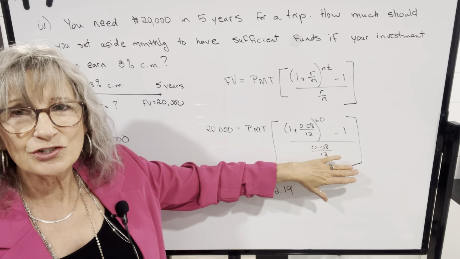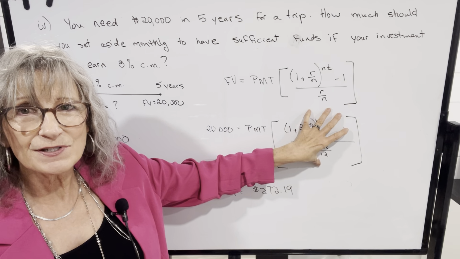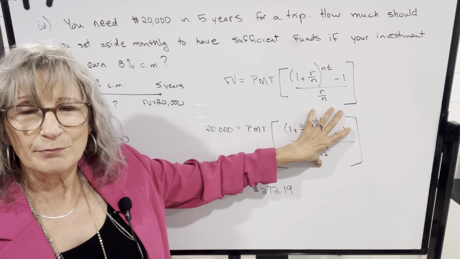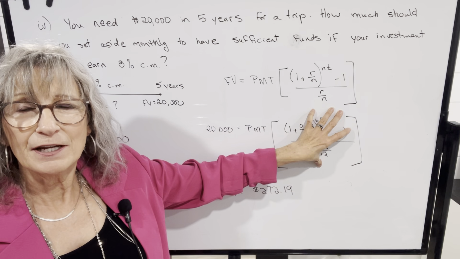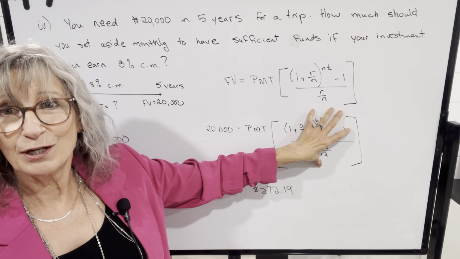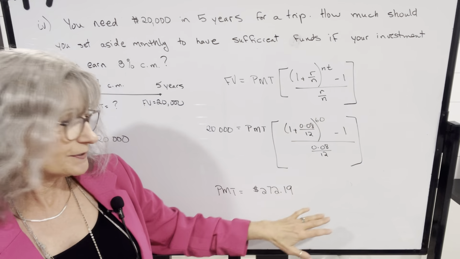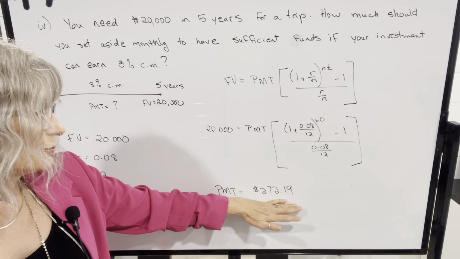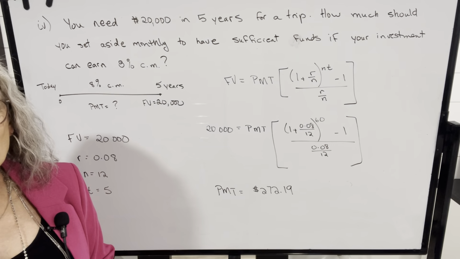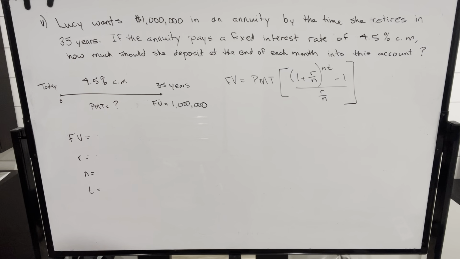I'd like to make a suggestion that if you do calculate this first, when you get your result, store it in the memory on your calculator. Then you can go 20,000 divided by recall that memory equals. If you do it correctly, you should get $272.19. In our last example, it says Lucy wants $1 million in an annuity by the time she retires in